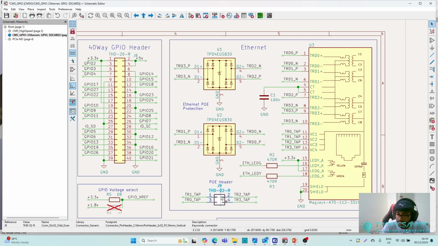which are converting the Ethernet power to the board; we can use this header. But this board does not have a power over Ethernet module. They have just provided the header. So if you need to